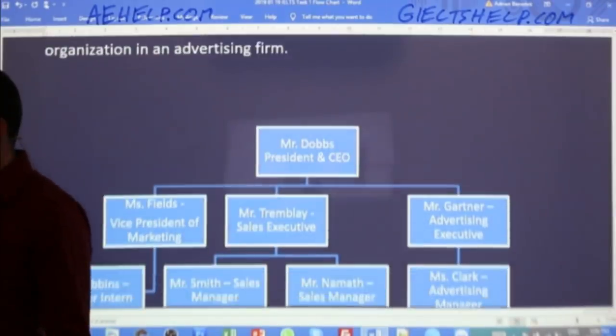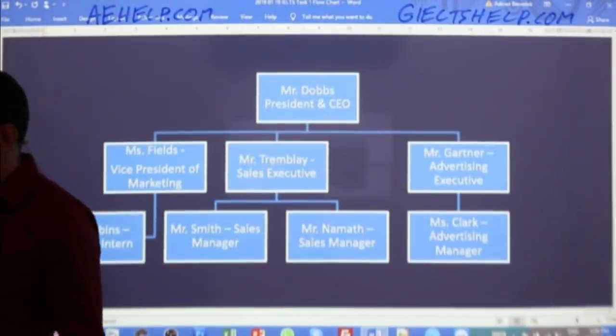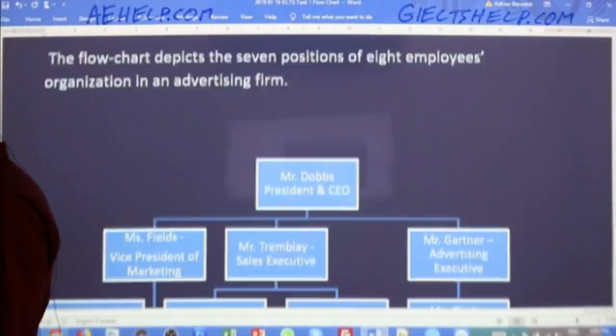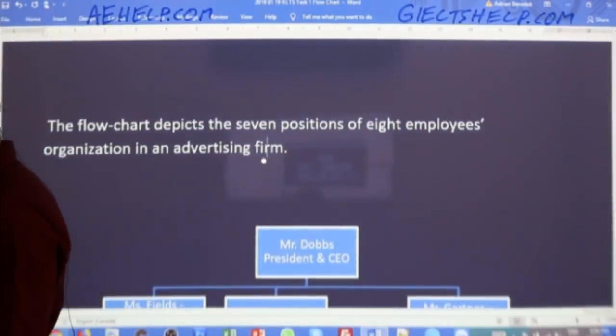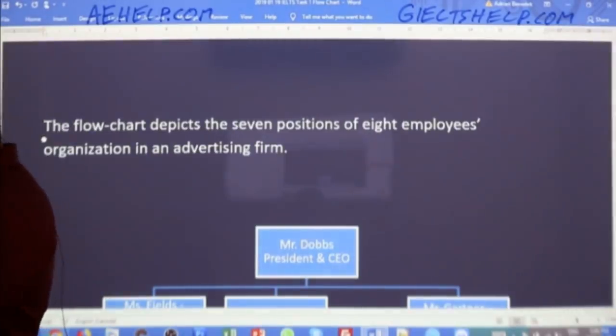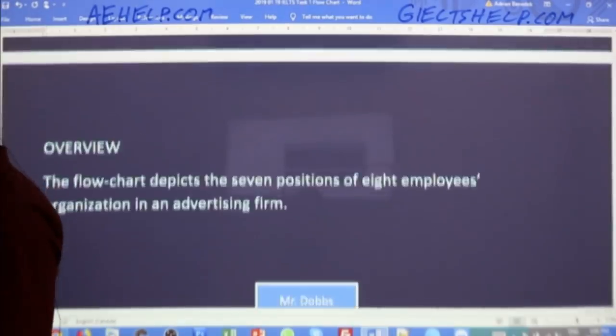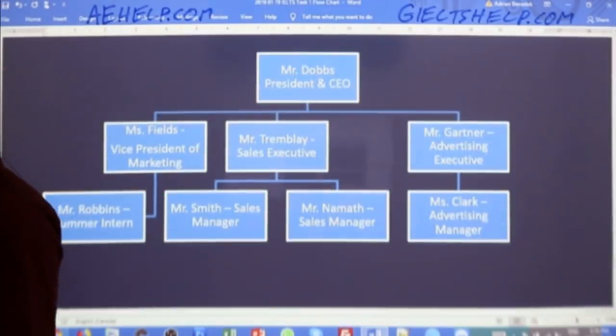Am I done? Is there any other piece of information that I can include in my overview for this flowchart? There's definitely one more sentence I can put in there. What else can I include here that makes sense, that I can see right away?